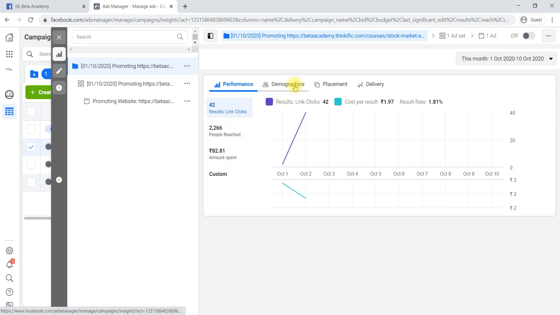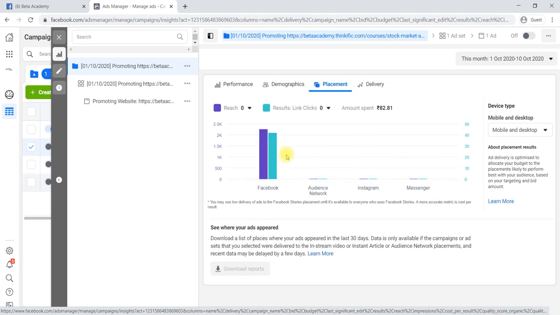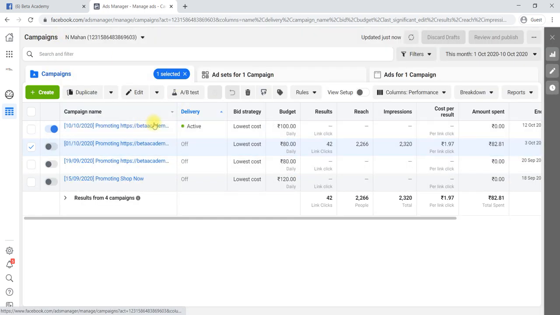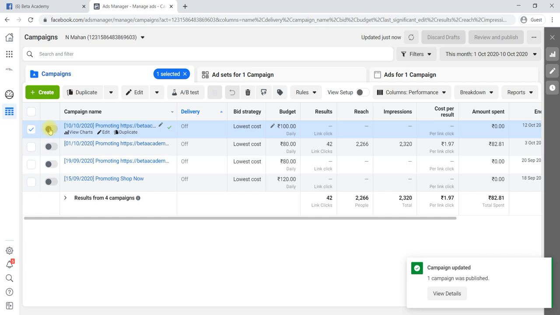demographic-wise, okay. These things we already learned in the overview, right? The placement, okay. We already learned these in the overview, but here you will get it in detail: placement in Facebook, in Instagram, in Messenger, in Audience Network, and how it has performed. You can close here once you are done with that. If you'd like to inactivate any of the ads, you can select this one to turn off the ads. In the sense that particular ad will be off now, and it will not perform anymore.